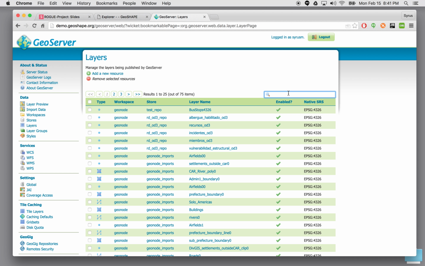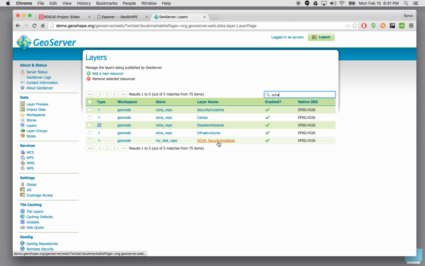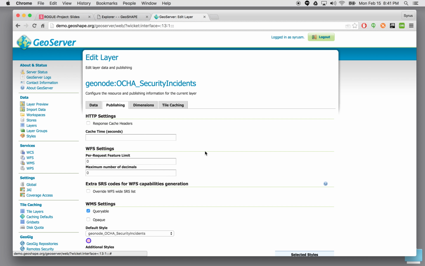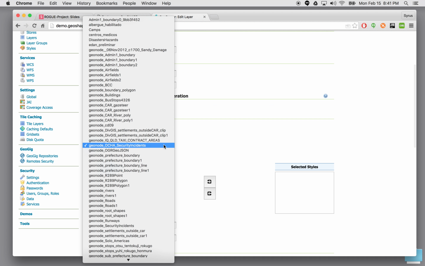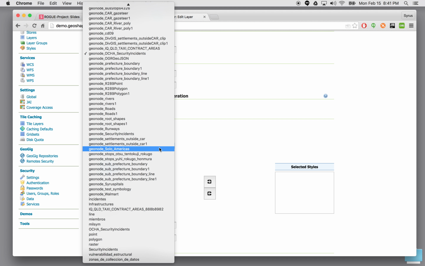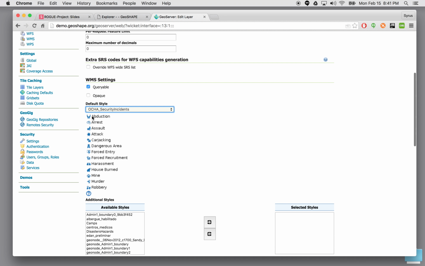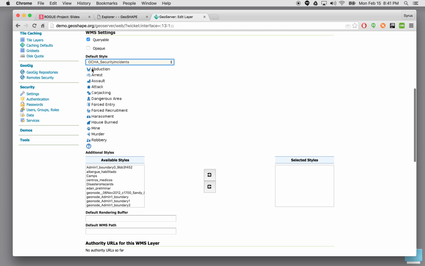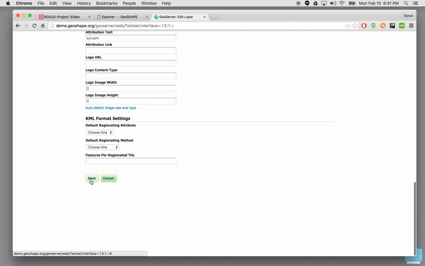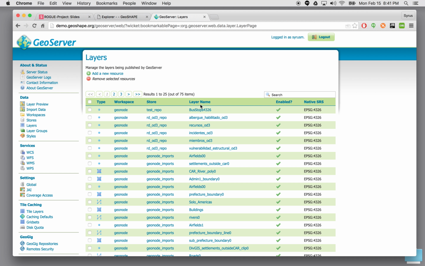I will look for the OCHA security incidents. On the Publishing tab, now I can look for OCHA. Let's see, OCHA security incidents. And as you can see, this particular style has symbology for a lot of different security incident types. And we'll go ahead and save this. Okay. And what we'll do next is